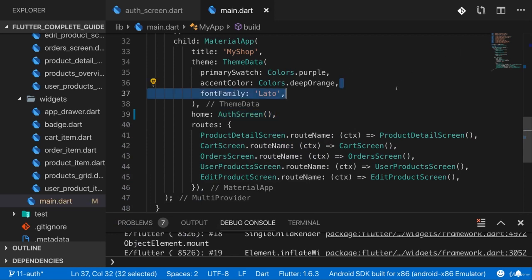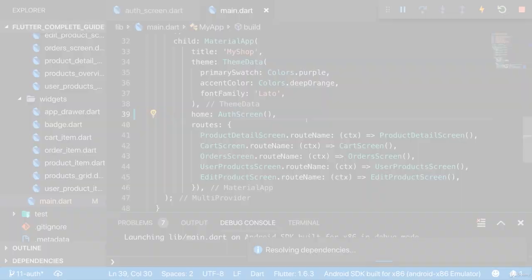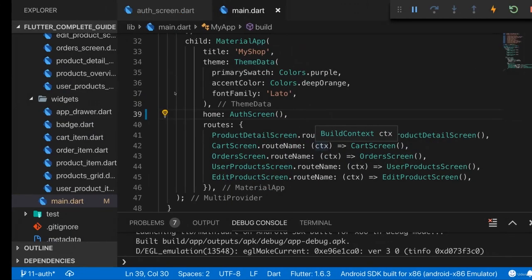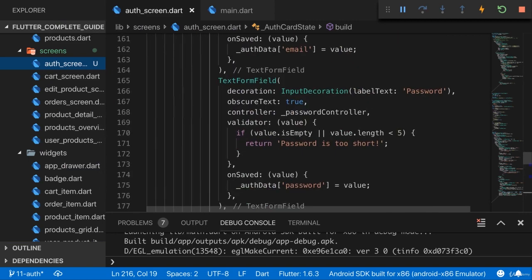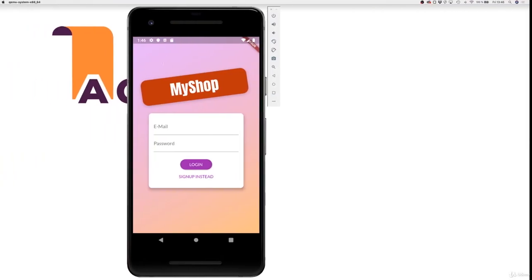If you now save this and start this app on your emulator, you should see that this auth screen is the first thing that's presented to you in that app. So let's wait for that to restart and have a look at that. Here it is. This is the auth screen. This is basically what this auth screen Dart file, which I gave you, renders. This is the transformed title with that slide rotation. Feel free, of course, to play around with the values set up there in the transform setup to see how that changes the look.